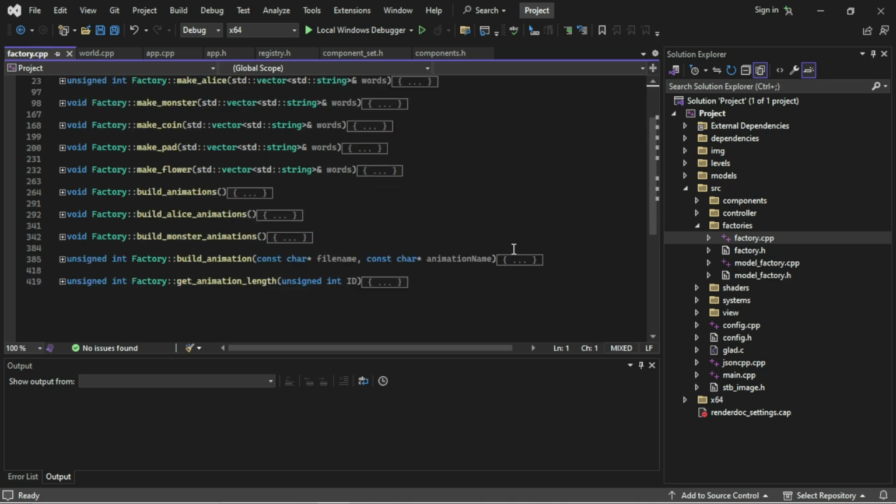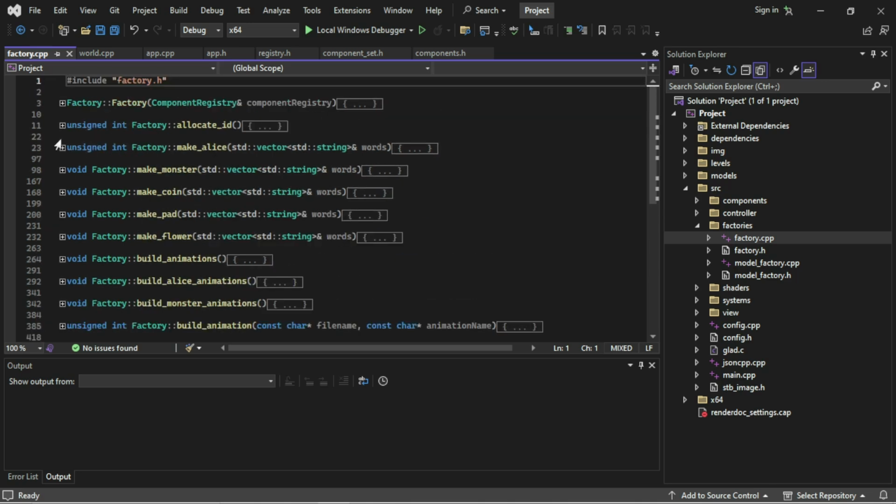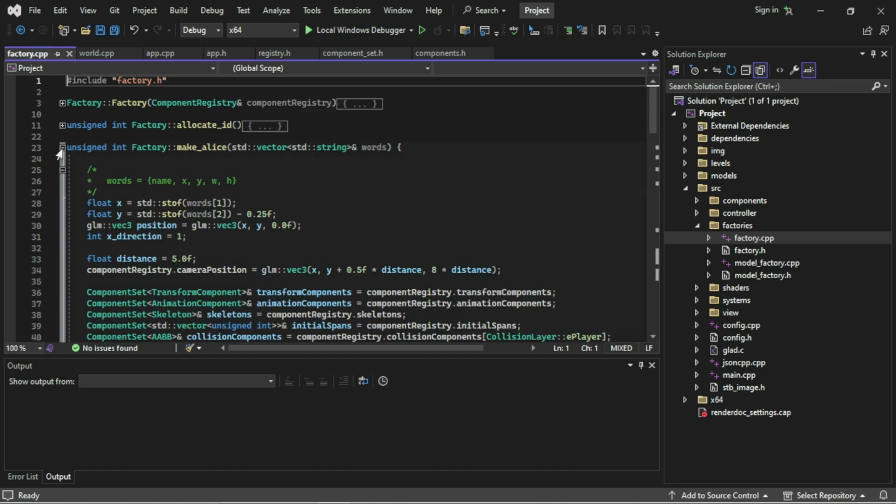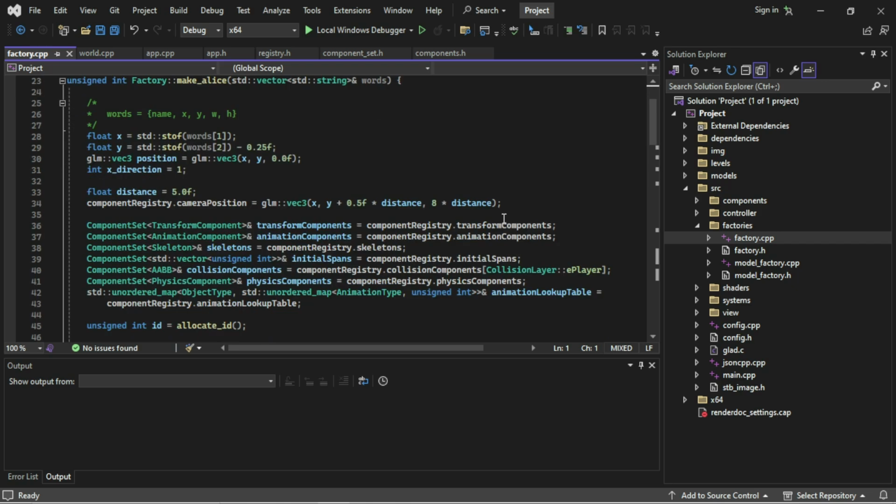Let's take a look at make Alice, make the player. Because originally I was just playing around and doing a sort of an Alice Madness Returns clone, from which I have deviated. Different story now, different thing. But anyway,